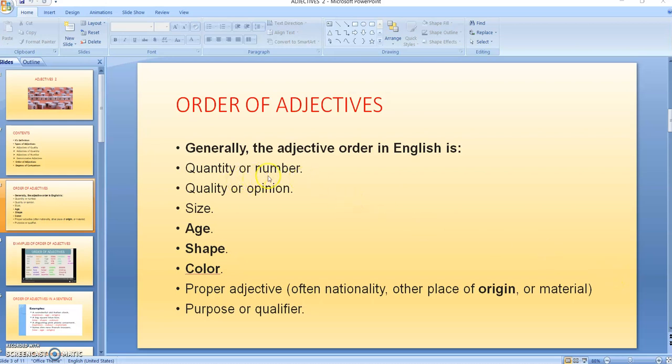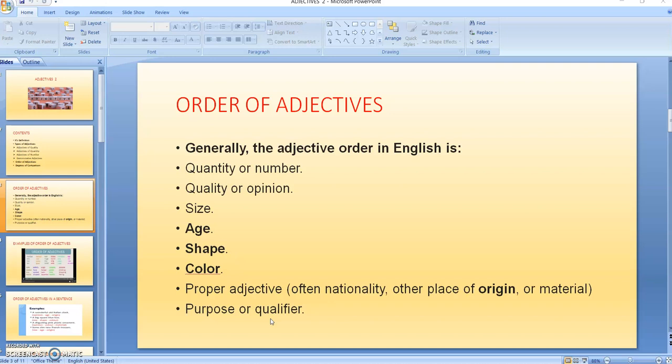First, quantity or number, then quality or opinion, then comes size, age, shape, color. A proper adjective, which can be a nationality or a place of origin or material. And lastly, the purpose or a qualifier. So we essentially need to follow this order when we are using two or more than two adjectives in a single sentence.